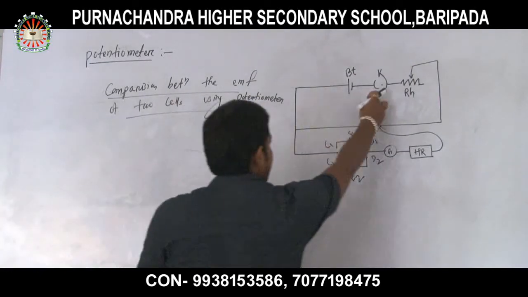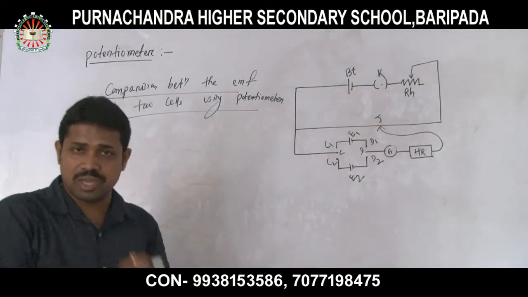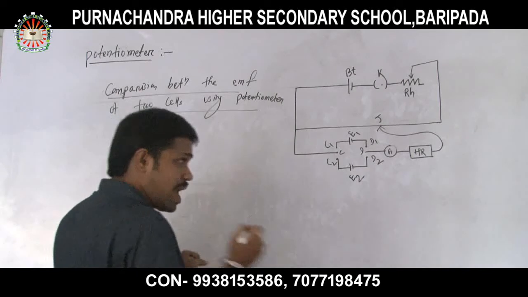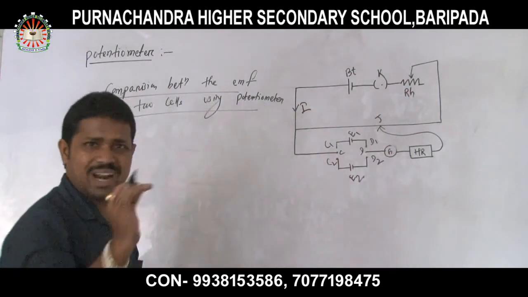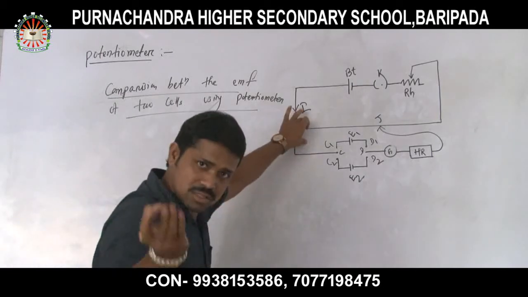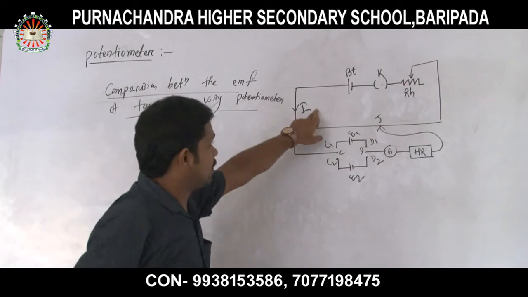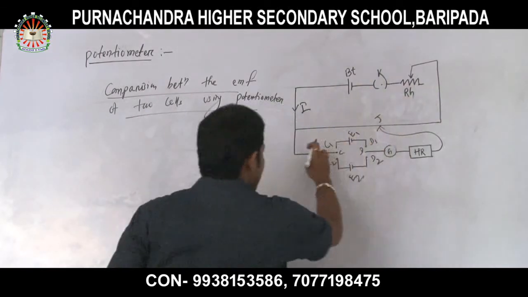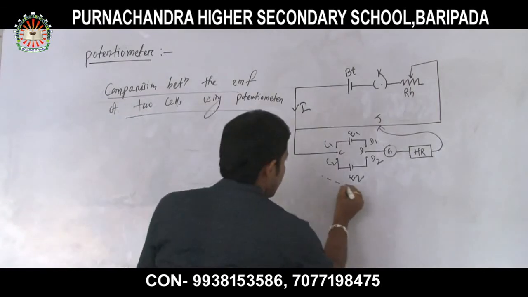There is a battery, there is a key, there is a rheostat. Rheostat, all of you know, is a variable resistance. We can vary the resistance of this circuit, and why? Because with this variable resistance, we can manage the flow of current. It has two parts, same as before: primary circuit and secondary circuit. The primary circuit consists of these things, and the secondary part consists of these things. The new thing is here.